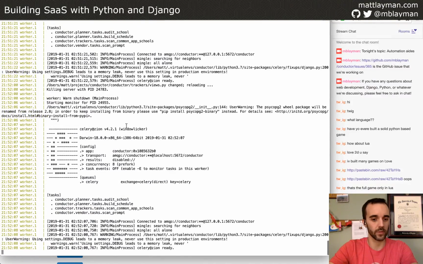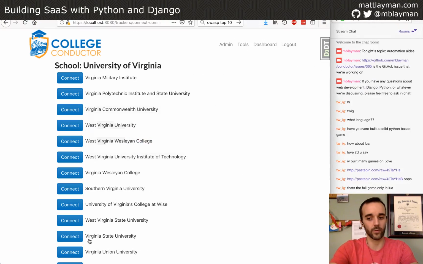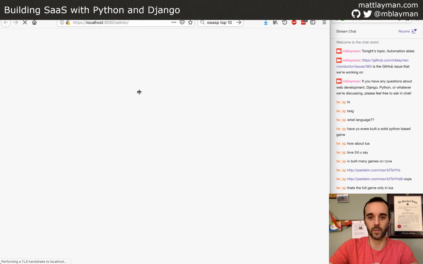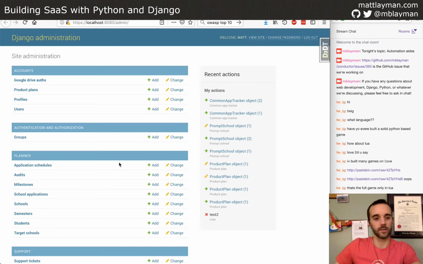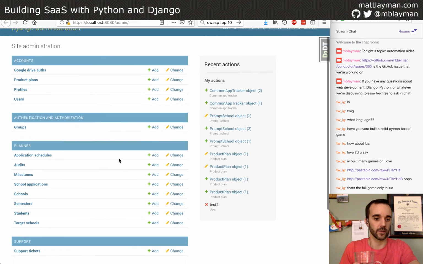Yeah, you can see that the Celery is restarting over and over, and I believe the application server has been restarting as well. And let's take a look. Let's jump over to the admin for a second just to see what kind of dummy data we're working with, so that you have a clear idea of what's going to be happening.